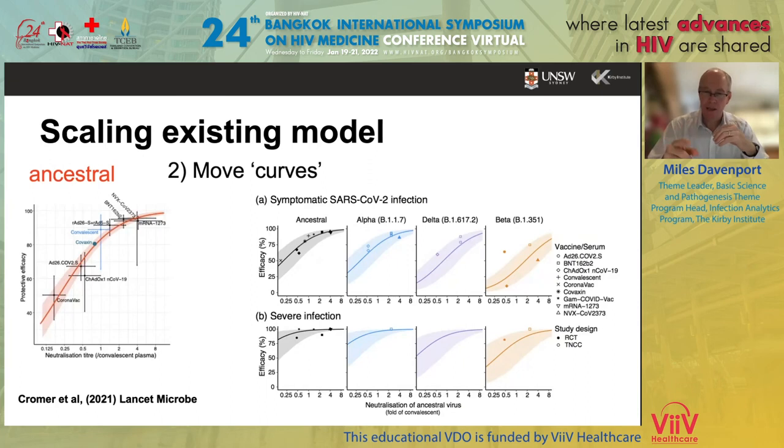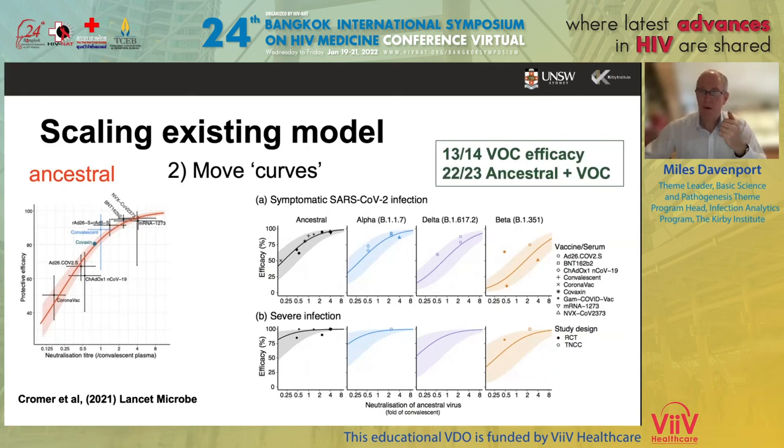And the colored dots there are the observed efficacies with symptomatic infection on the top and severe infection on the bottom. Now, here we've got much wider 95% confidence intervals. And the reason is because we don't just use the uncertainty in the model, which is what's shown on the left. We also use the uncertainty in our estimate of the drop in neutralization titer, the uncertainty in the mean neutralization titer of the vaccine, et cetera. So we've got broader 95% confidence intervals.